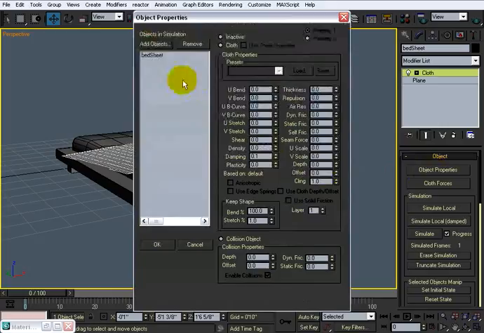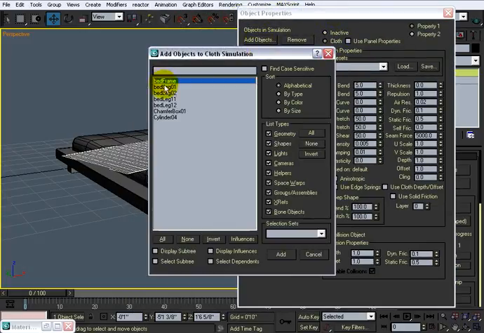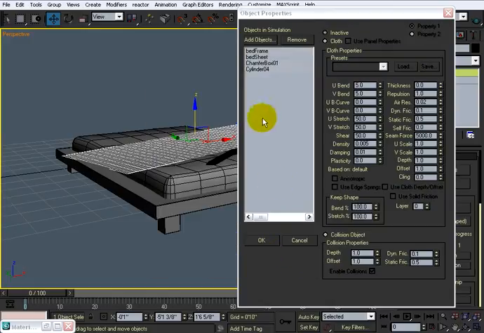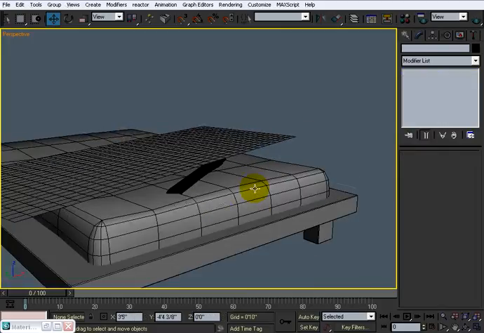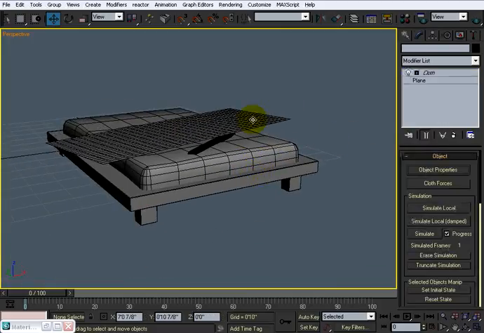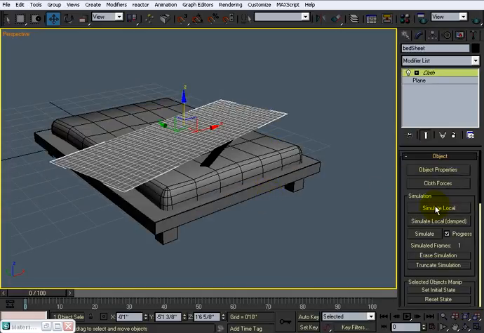I'm going to go into the object properties, and while bedsheet is selected, I'm going to hit cloth, add objects, and I'm going to go to the bed frame, control click the chamfer box and the cylinders and add those, and they should still be selected here, and while they are, go to collision objects and click OK. So now it's basically ready to go, and all we do now is select the cloth object and hit simulate local,